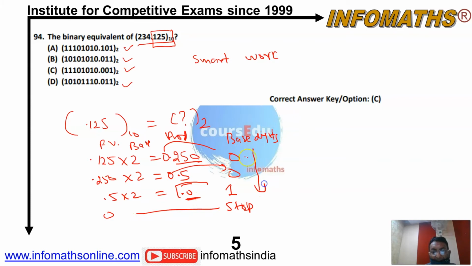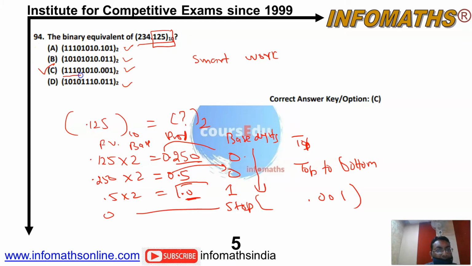So now we can consider these digits top to bottom. Top to bottom. Fine, the answer will be 0.001. Now let's see the options, whether this satisfies the answer, whether we are able to get the right answer. Yes, because all 4 options are different and this matches with this C answer.